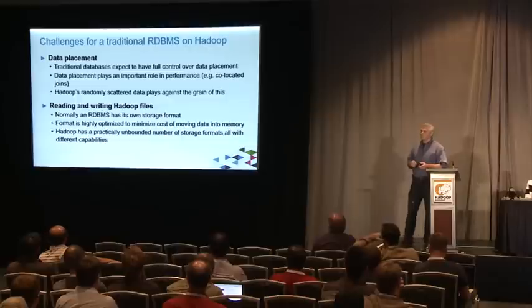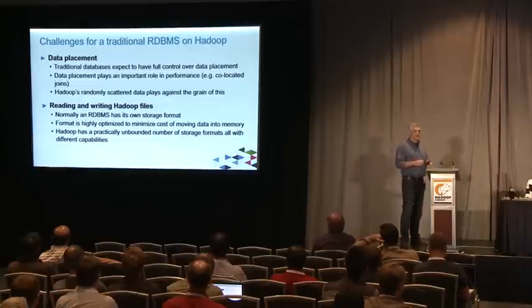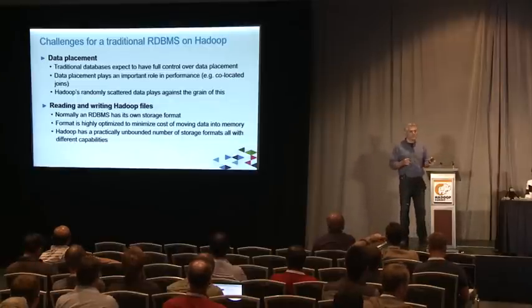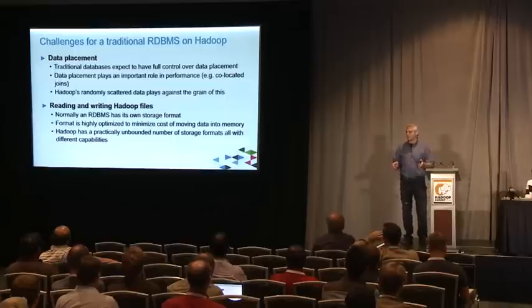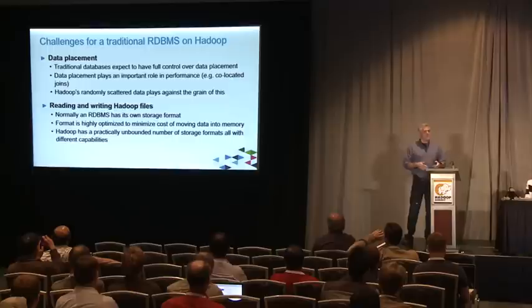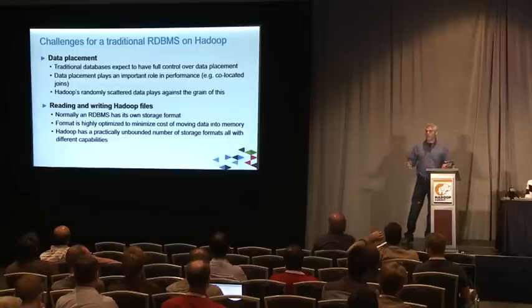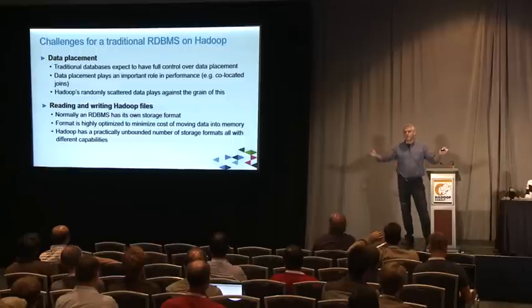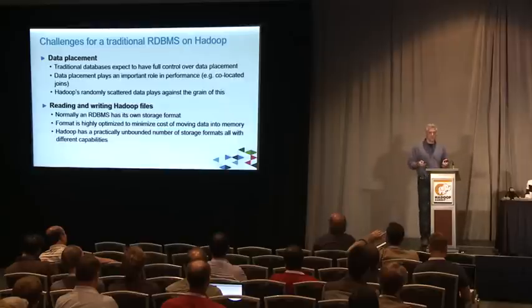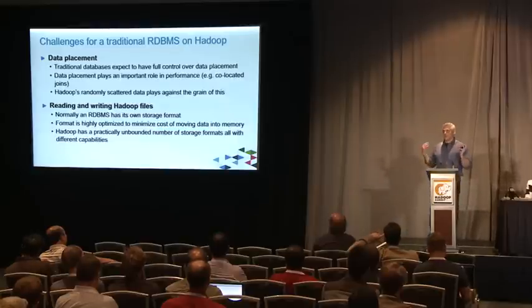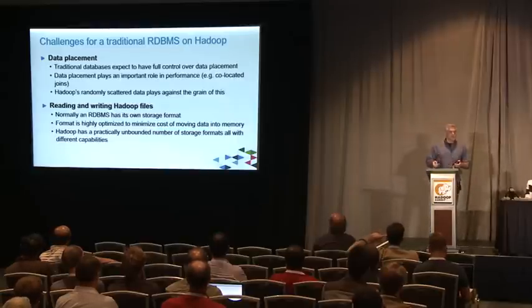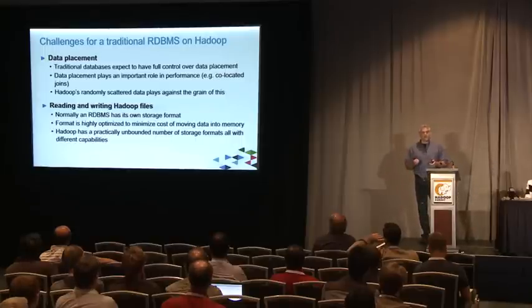First and foremost is the matter of data placement. In your traditional warehouse, the database has fine-grained control over placement and actually takes advantage of it. If you've got two tables you're joining together frequently, you choose to partition them on the same key for co-located joins. But of course, in the Hadoop world, no matter where you do the write, the data's everywhere. The data's all over the cluster. So this idea of co-location more or less goes out the door. So we needed to teach the database engine how to deal with what we call scatter partitioned, randomly partitioned data.